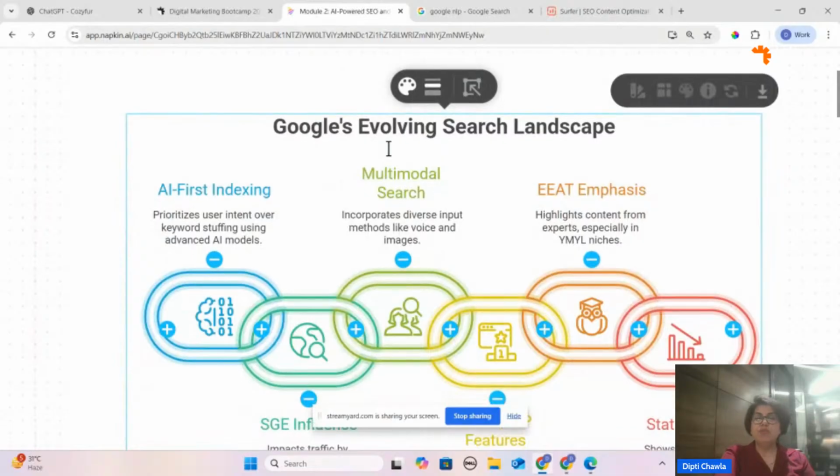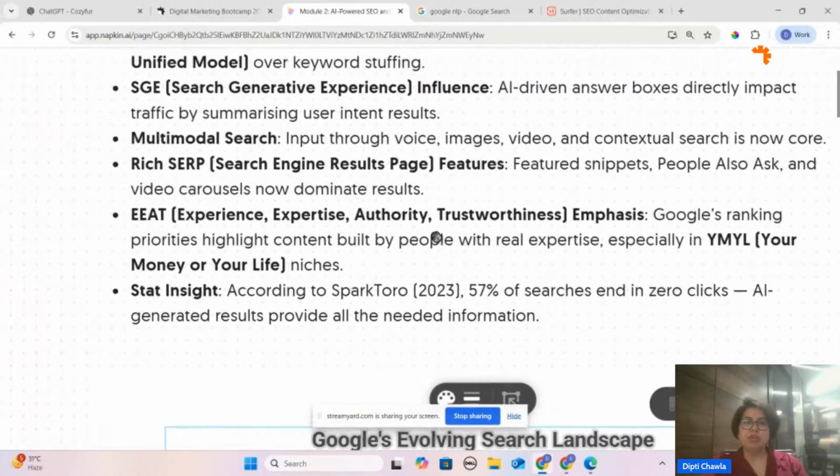It incorporates voice search or image search. Today, everyone is so fast, and even the phones are very much AI built, that it helps you do all kinds of searches, voice search, image search, everything super fast.